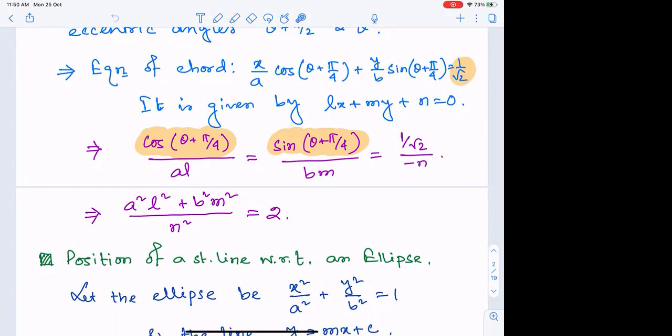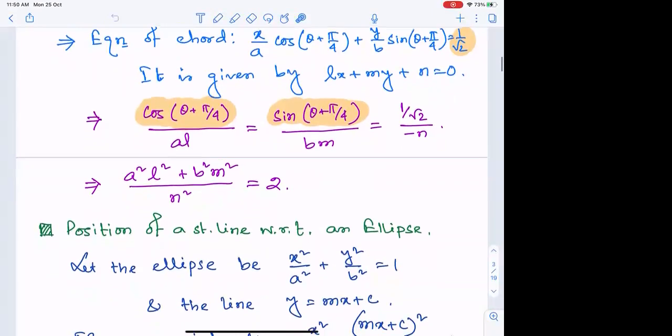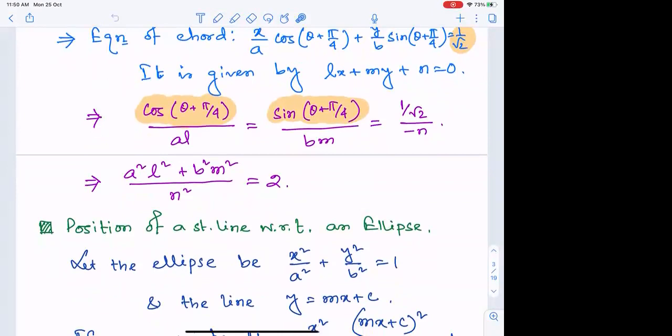Let us see what conclusions we are getting. Accordingly, we might mark them to be precise for horizontal or vertical. And whenever we do not need any such restriction, those conclusions will stand for any standard ellipse. So we have considered the ellipse to be the standard one with center at origin and axis along coordinate axis, and the line in general y is equal to mx plus c.